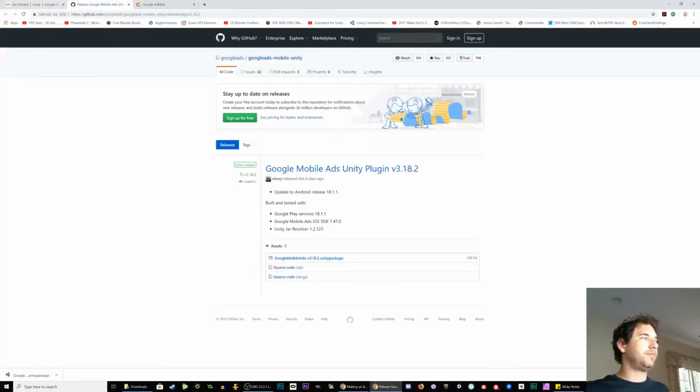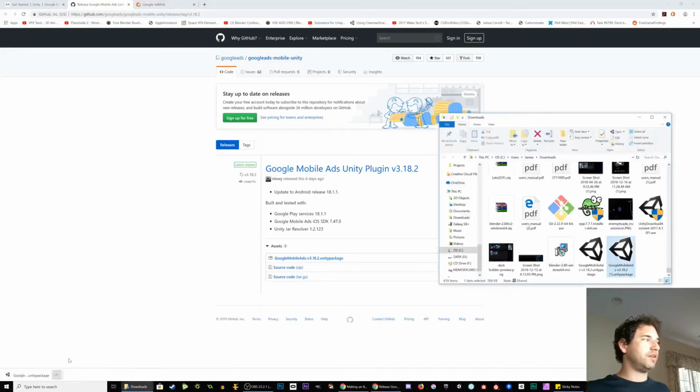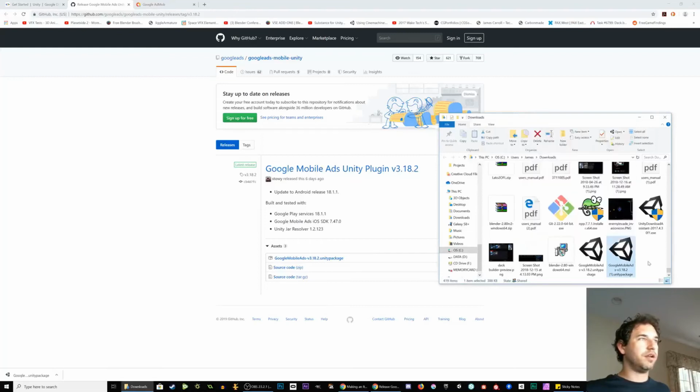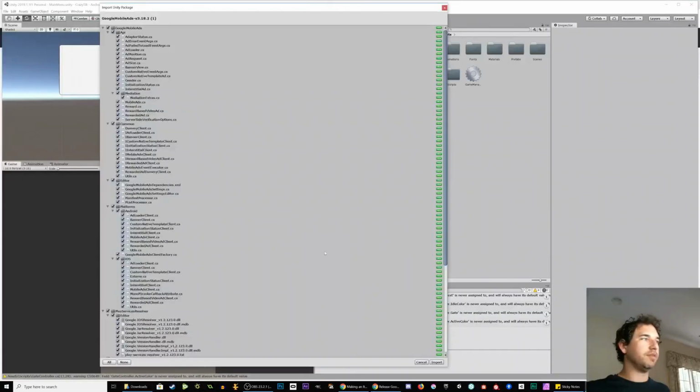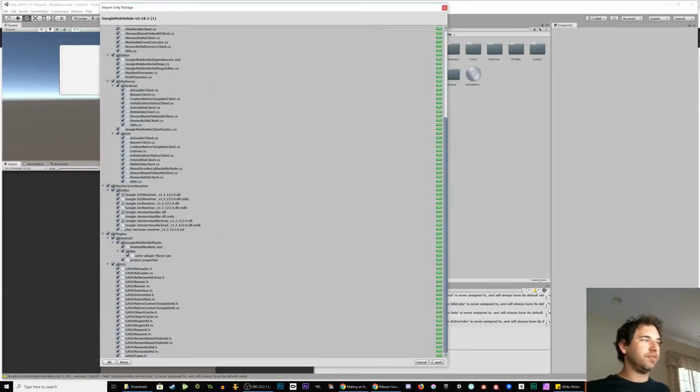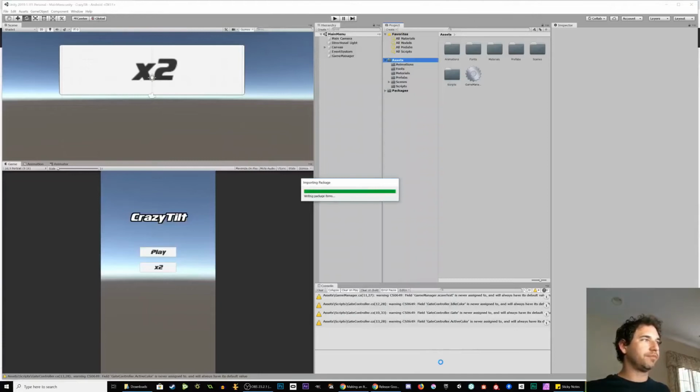and that's going to bring you to a GitHub. Then you want to download this Unity package. Once it's downloaded, you go show in folder, actually you can double click it and it will open and it will install into your open instance of Unity. Click import,